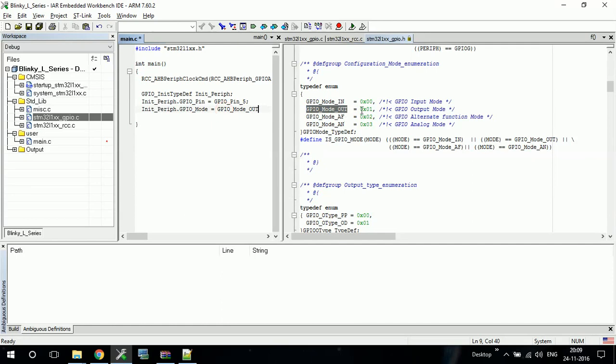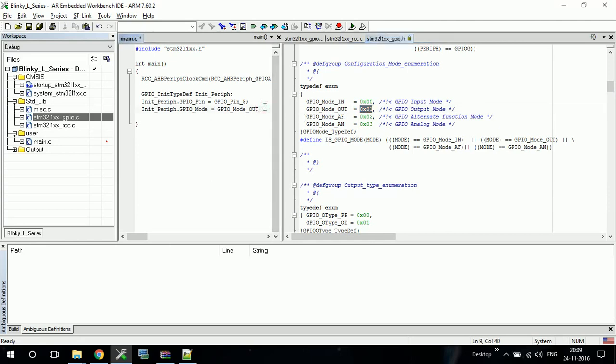Again you can use this value. This value is nothing but setting a 2-bit field in a particular register. Those 2 bits can be set in 4 different ways, that is 00, 01, 10, 11. So those 4 combinations represent 4 different values or 4 different modes.